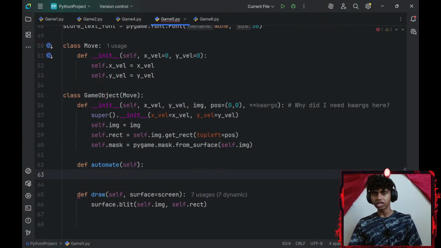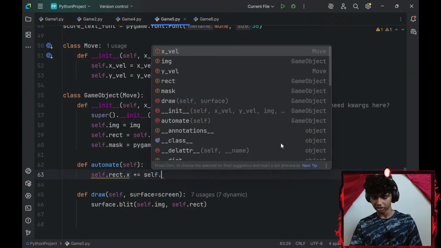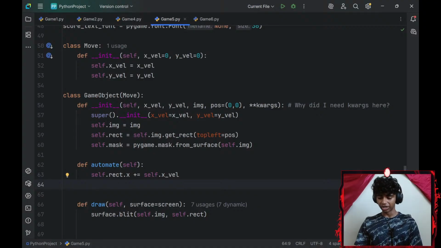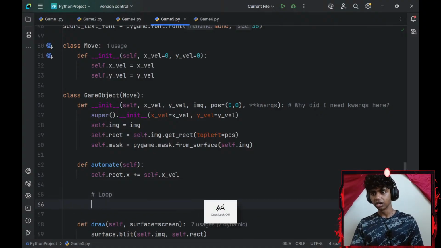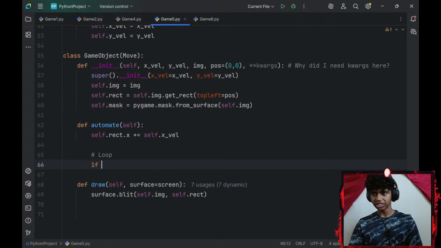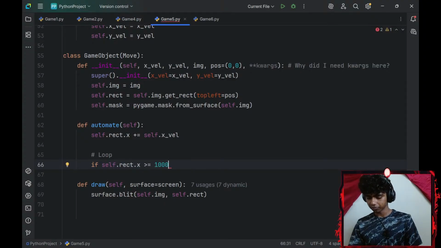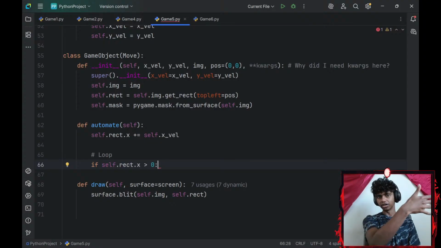My automate method is honestly going to be easy. self.rect.x, my object's x-axis, is going to increase by my self.x_axis_velocity. This is going to automate them, but they will exit the window, so I need to add a looping system as well. Let me add an if statement. If my self.rect.x is less than 0, which is basically when they leave my display,